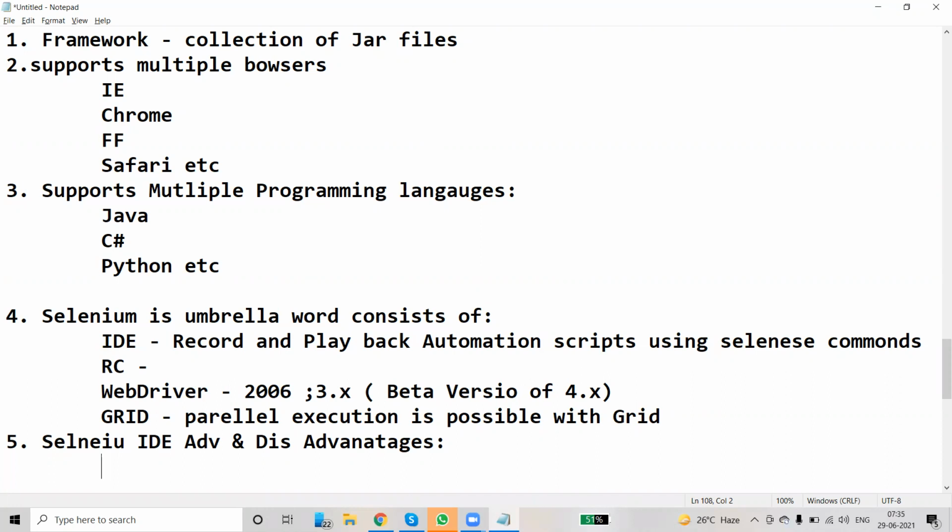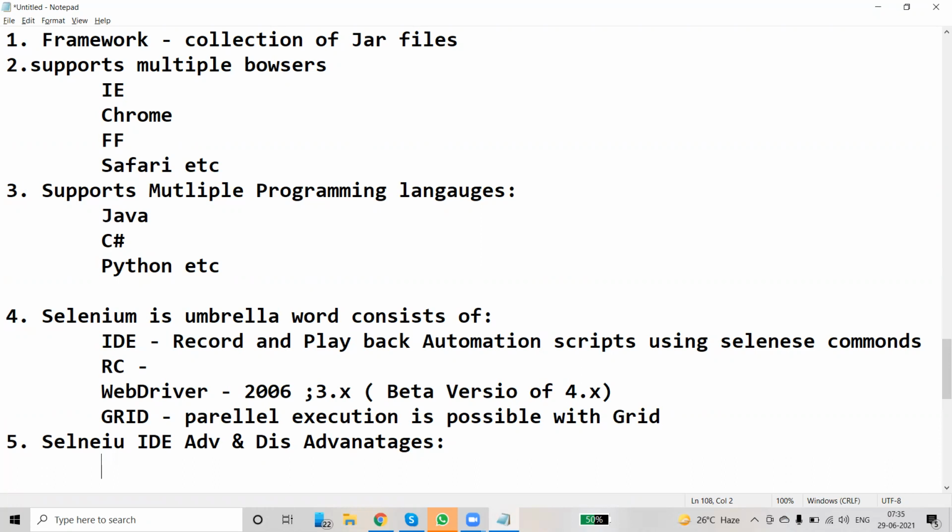As I said again, Selenium supports multiple languages: Java, C#, PHP, Python, Perl, Ruby, and so on. Coming to the advantages of WebDriver, Selenium supports a cross-browser and cross-platform automation framework.